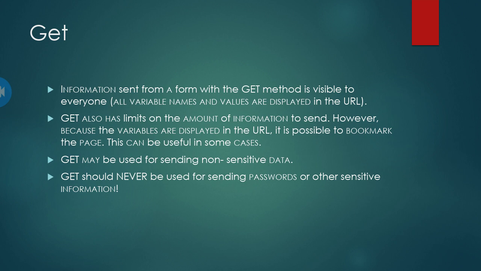Information sent from a form with the get method: if we have used the get method to submit the information, it is visible to everyone. The information will be visible to everyone. All the variable names and values are displayed in the URL. And another thing is, the get method also has a limit on the amount of information that we can send, whereas